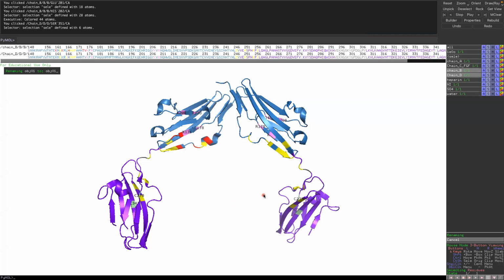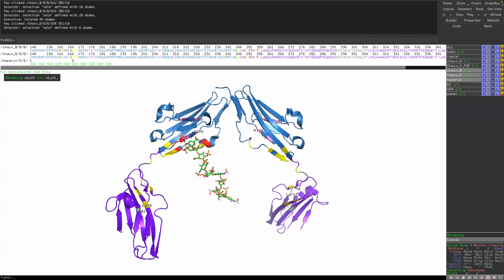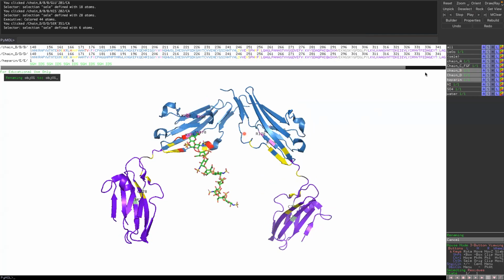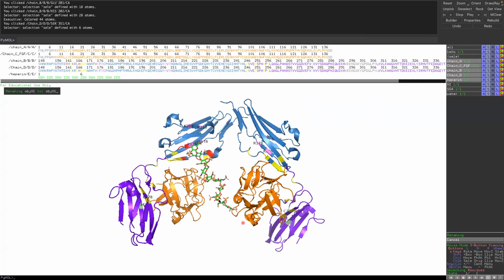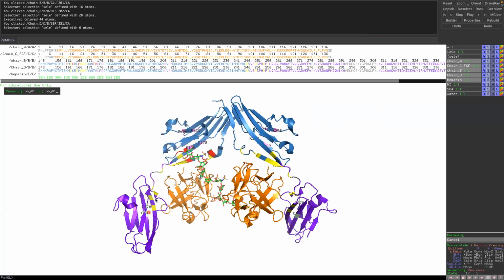So here we could see the extracellular domain of fibroblast growth factor receptor 2, or FGFR2. We could see that there are two chains that make up this domain. These chains form a dimer after the binding of the ligands: heparin, which interacts with the FGFR2 at these residues highlighted in red, as well as fibroblast growth factor 1, seen here in orange, that interacts with these yellow highlighted